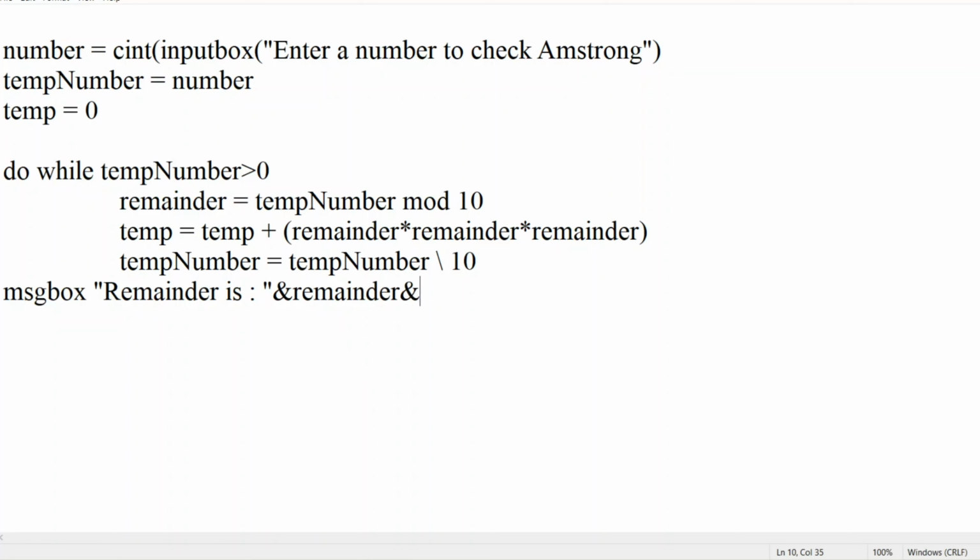And I'll take the temporary value. Temp value is, space, and I'll assign temp, and I'll take one more variable, temp number, which is for every iteration we're dividing it by 10. So we'll take temp number